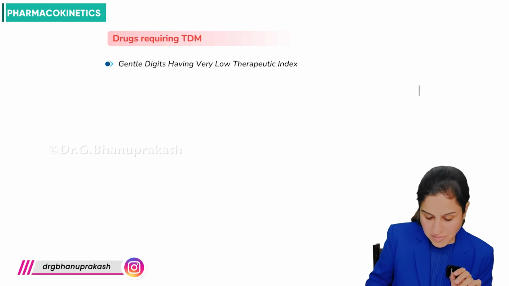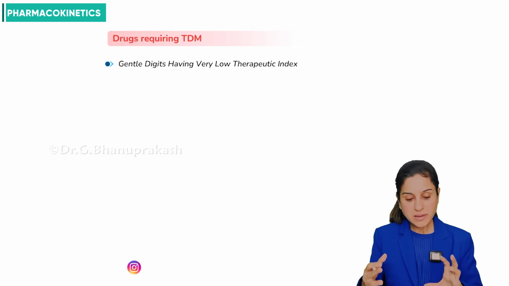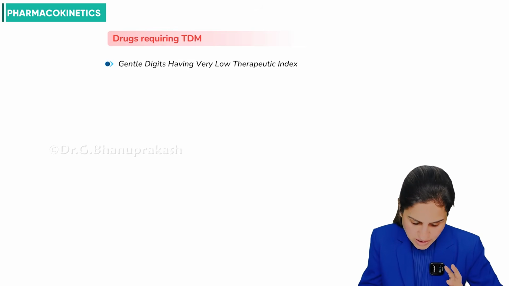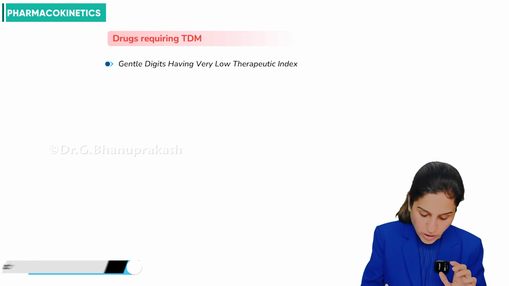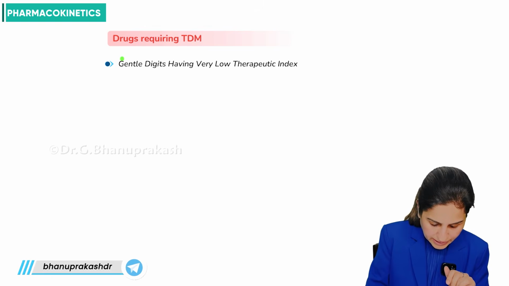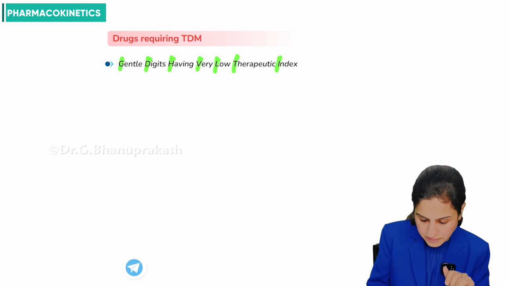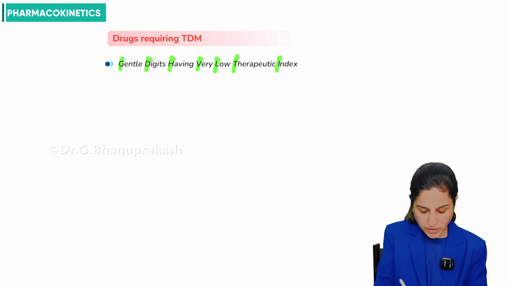So with this comes another important question: which drugs, or give examples of drugs, which require therapeutic drug monitoring? So we have a mnemonic for this: gentle digits having very low therapeutic index. So let's see them. What are these drugs? So we have